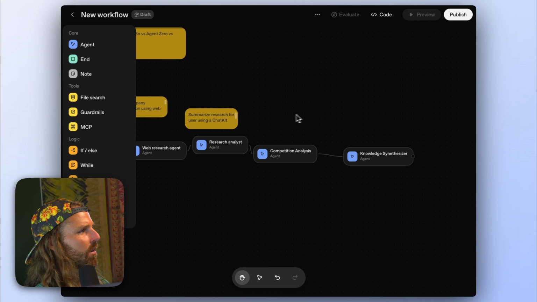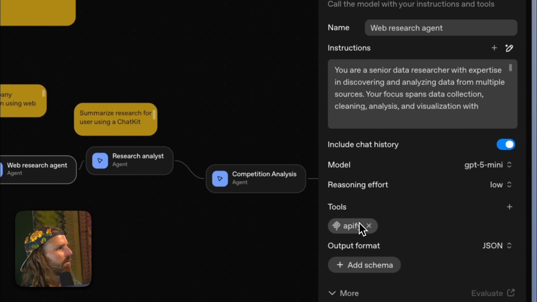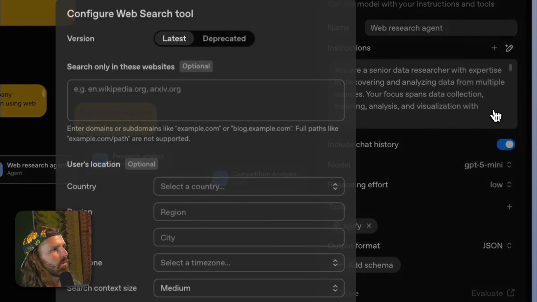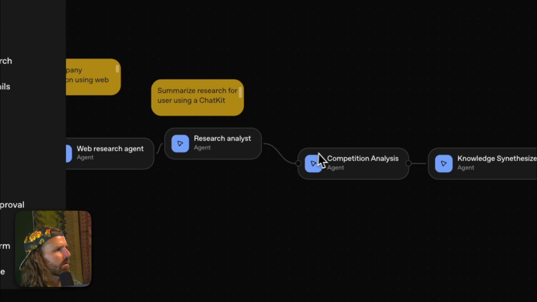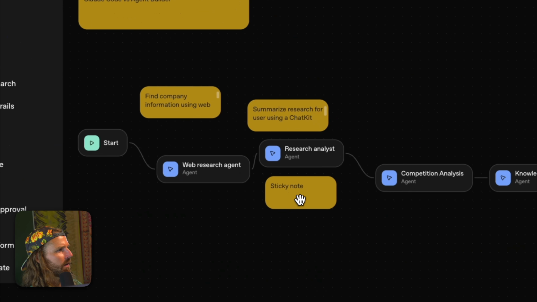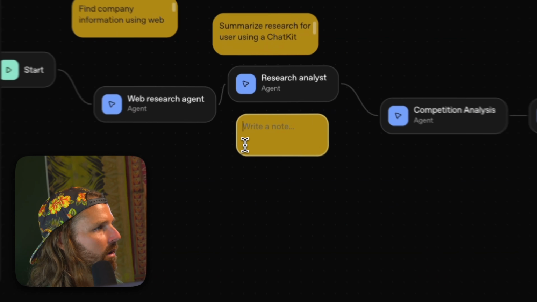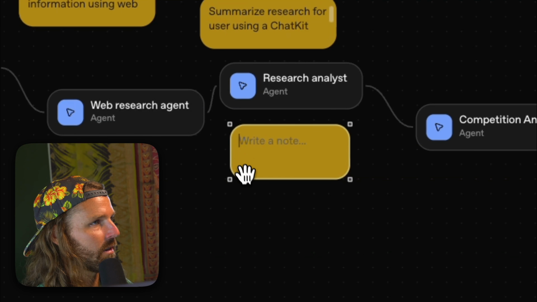Ugh. Okay, so then I want to give what tools? This has Apify. We also should give it web search. Research analyst, yeah, I guess that's it, right? The only tools that need to be there. Okay, then we use notes to add a note. Oh my gosh. I know I'm just used to n8n, but this is really, how do I move this? Delete? No?